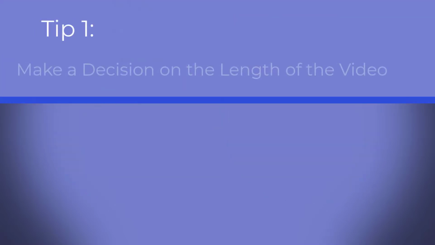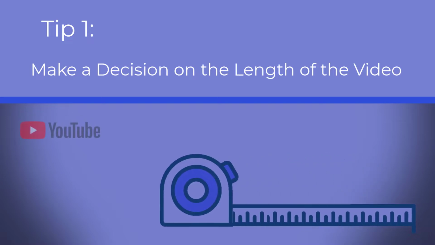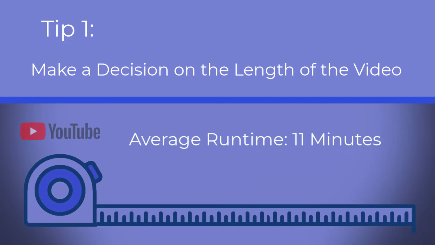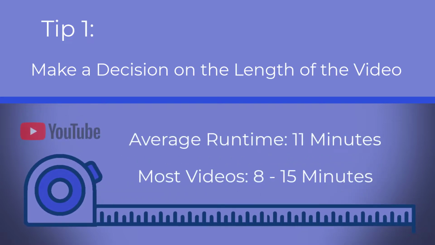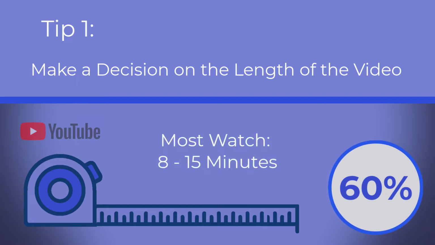Where to begin with adding videos to courses and trainings? Well, let's start with tip 1, making a decision about the length of a video. The average runtime of a YouTube video is about 11 minutes, with an 8 to 15 minute video doing fairly well. However, the average view time of a video is about 60%. Thus, rather than watching the full 8 to 15 minutes, most people are watching only about 5 to 10 minutes